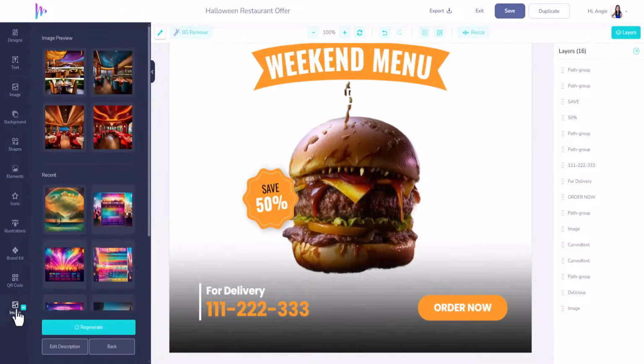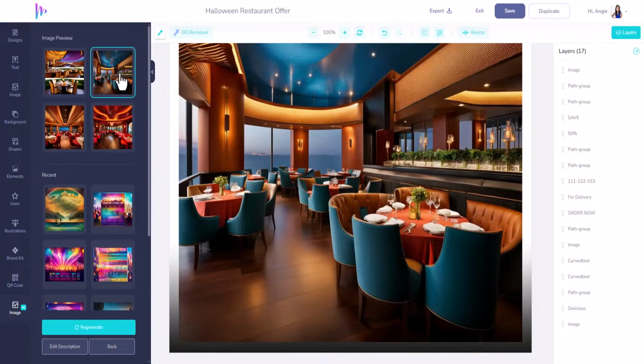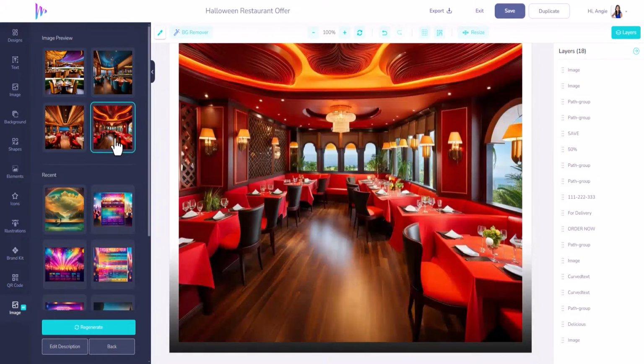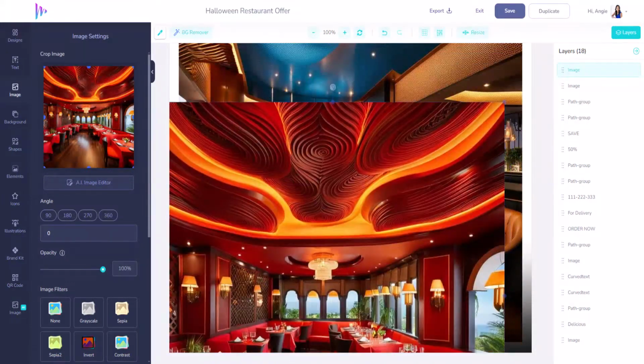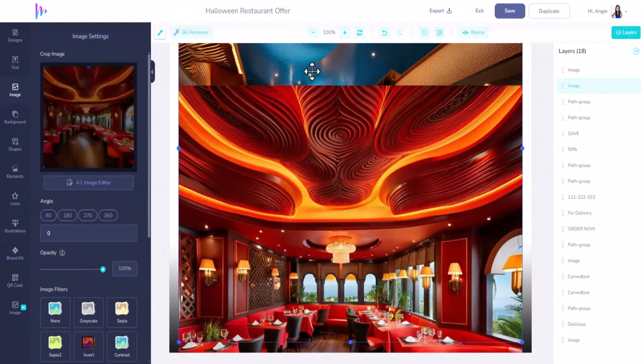So how am I getting to this? People are asking. Go here on the left menu bar of your workspace and you'll see Image AI. You will have so many credits in your account depending on what level of plan you have. But let's click on this one. This looks kind of like a burger joint. This one actually looks more like an Italian restaurant, but I like the bread, so I'm gonna